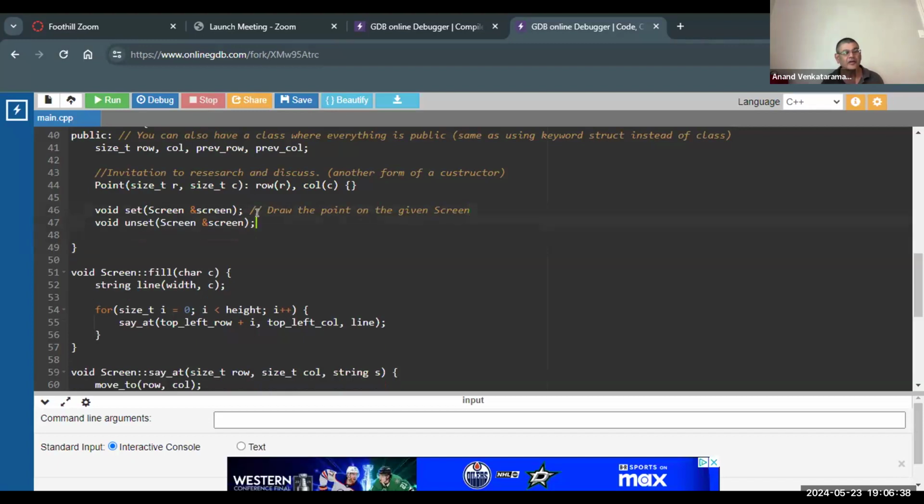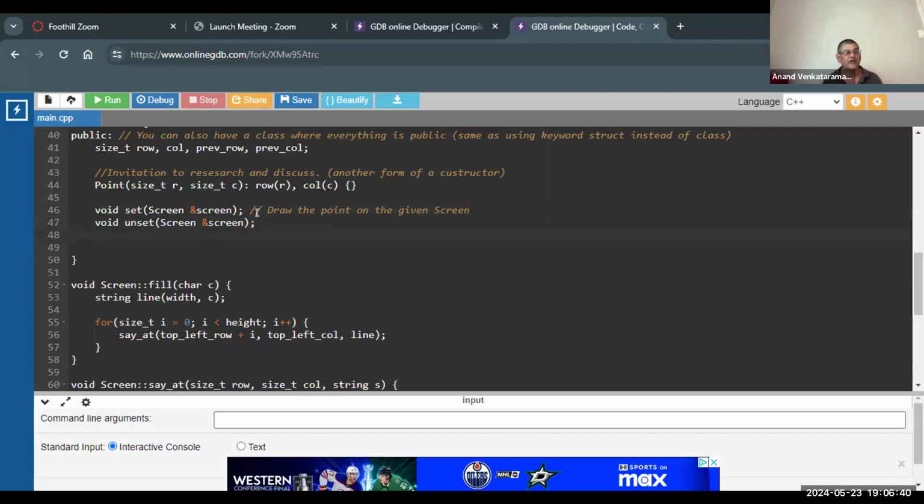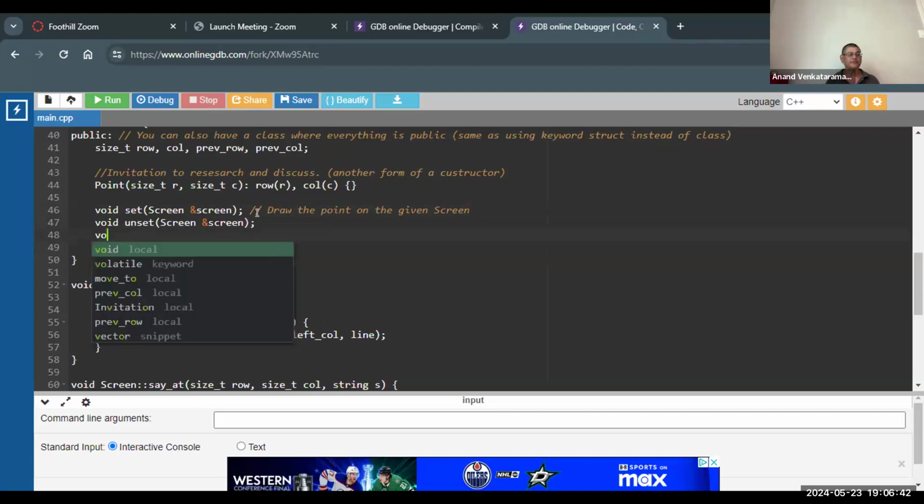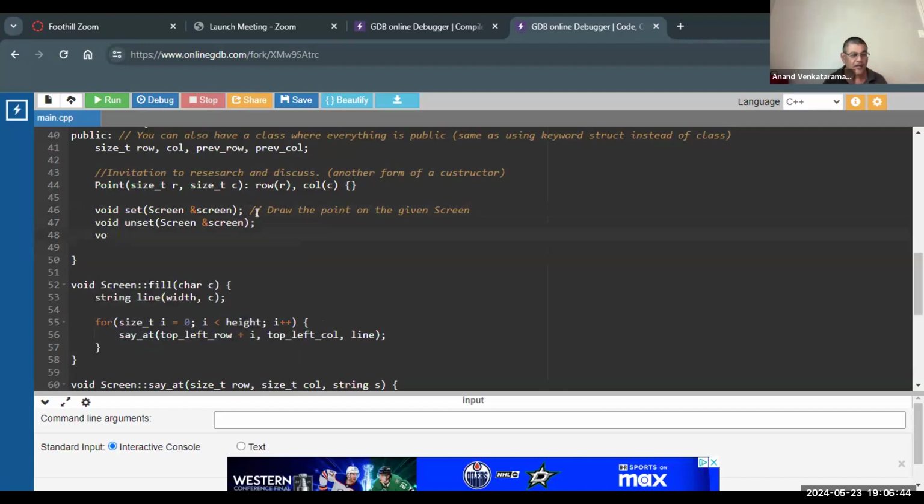And the next line, you're going to say void move, Screen ampersand screen,